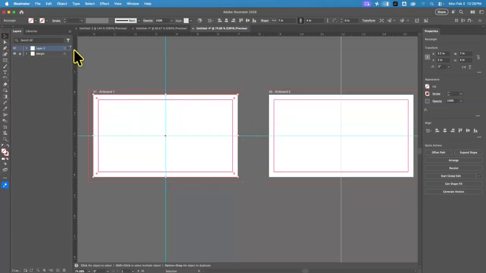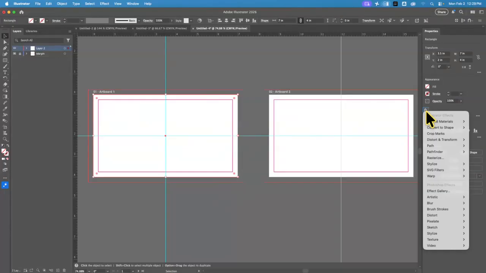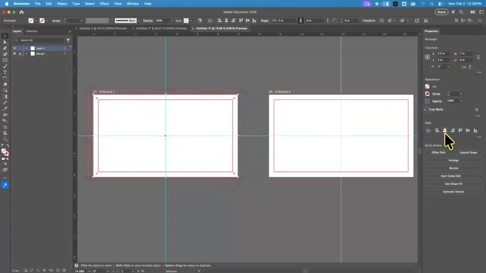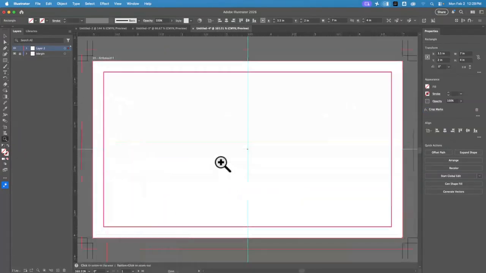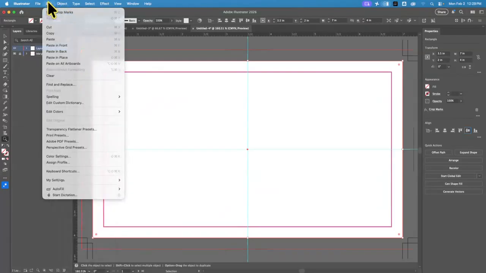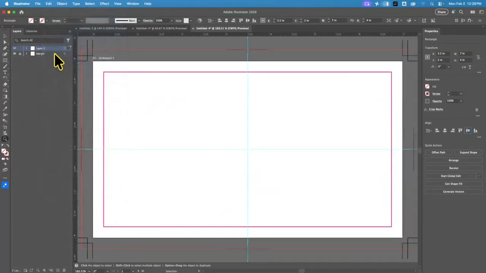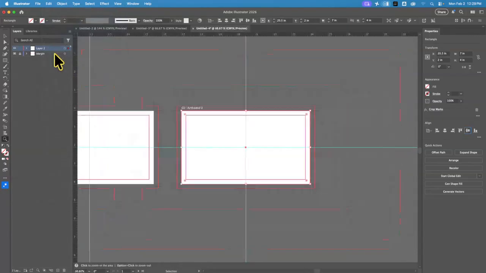Is there 2 there? So it should show, and something happened. I think it's my giant cursor messing with me. So there I have my crop marks. They have now shown up. There they are. I can double check that they're centered. And then I'm going to go to copy. I'm going to use the shortcut key, and I don't have the dexterity, so I just hit paste on all artboards. I can zoom out,